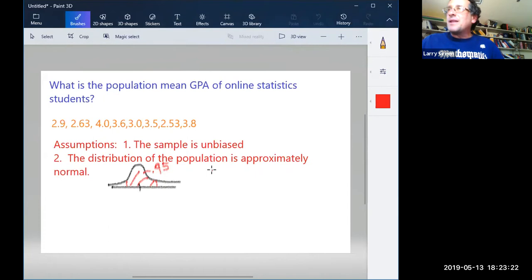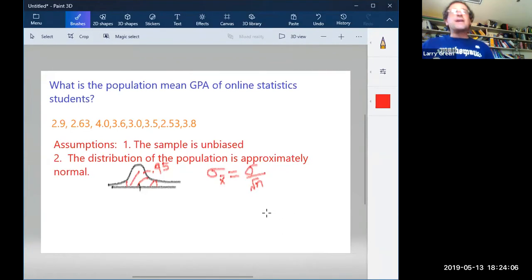I'm not seeing it, but let me write it down. Sigma sub x bar, because that's what we need. We would need sigma sub x bar is equal to, from the central limit theorem, sigma over root n. N is 8, not a problem. Do we know sigma? Absolutely we don't. In fact, we'll never know sigma. The way to get sigma is you use mu, and mu is what we're trying to find out. So if we can get sigma, we have mu, and we don't need to do any of this. Is that clear?